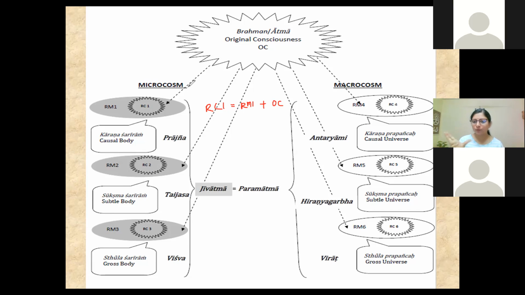This gap we want to break, and to break that gap you need 2 sides. If you put everything on one side, then you will not have an equation. What will you compare with? So, suppose from my perspective, I am the microcosm. For a tree, the tree is the microcosm. For the tree, everything else is the macrocosm.